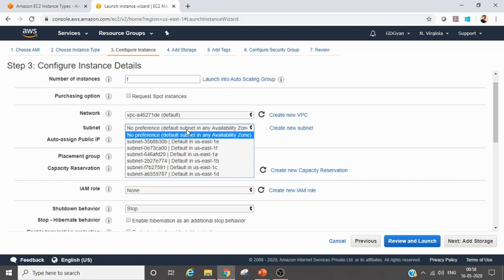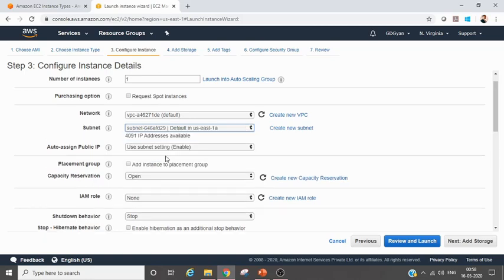I have created one VPC, or it was already there. Under this VPC I have different subnets, so I can choose within that region where I'm going to launch my EC2 instance. Let me choose something, A, right? It shows that 4091 IP addresses are available in that, right?